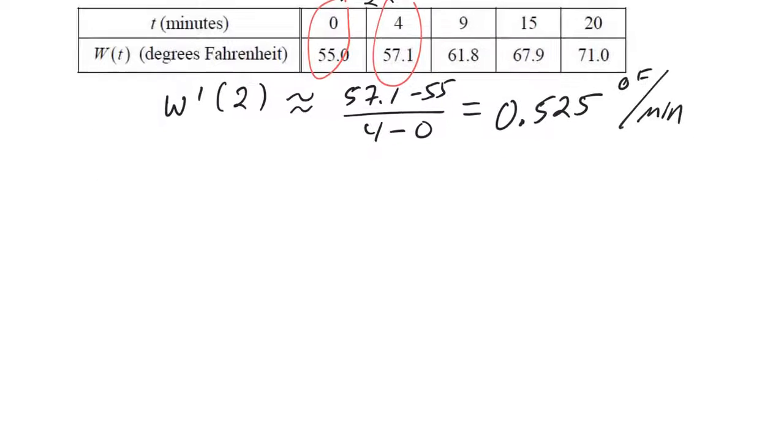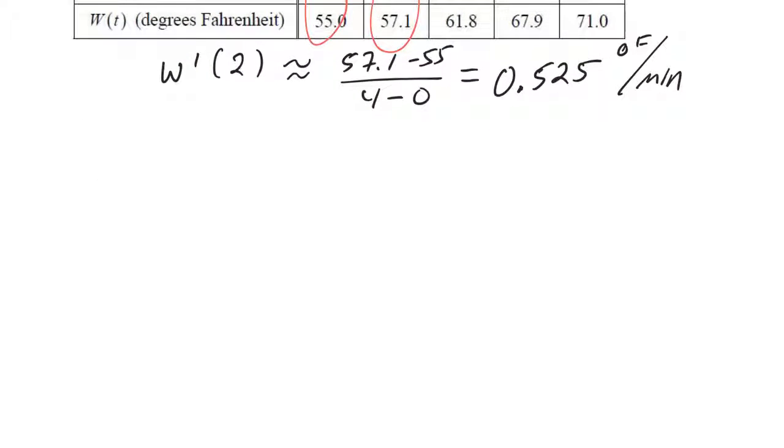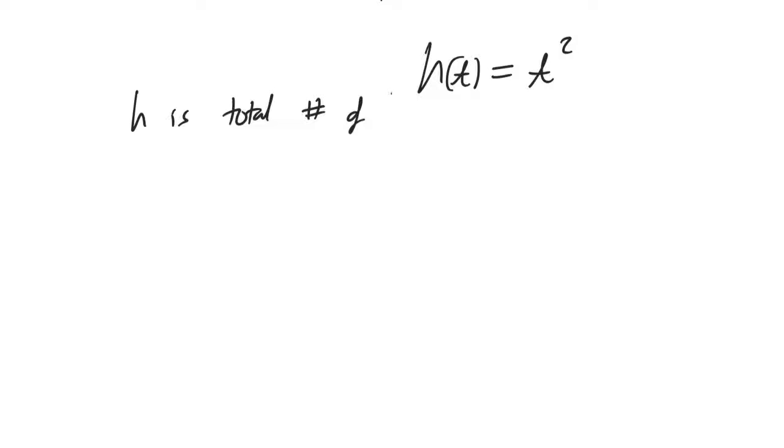The next thing that we need to talk about is how to interpret derivatives, and specifically how to interpret second derivatives. And so we're just going to create kind of a silly example, but I think it will accomplish our purpose. So let's create a function. We're going to call it h of t, and we're going to say that it is equal to t squared. Okay? And now h is total number of hot dogs